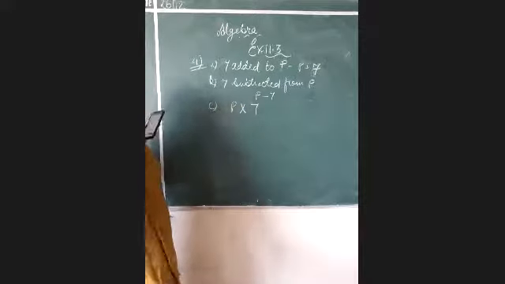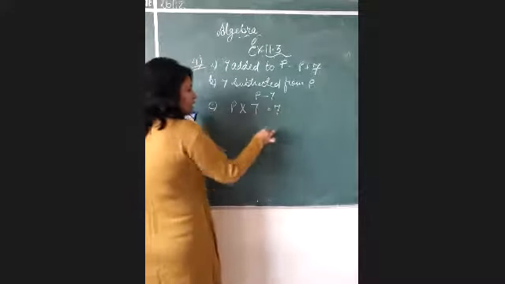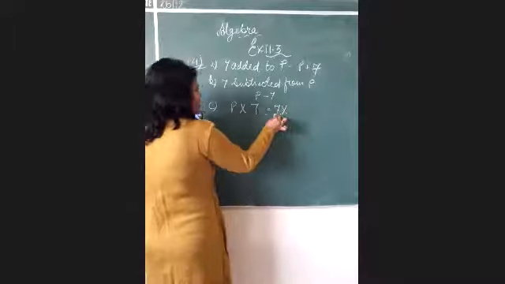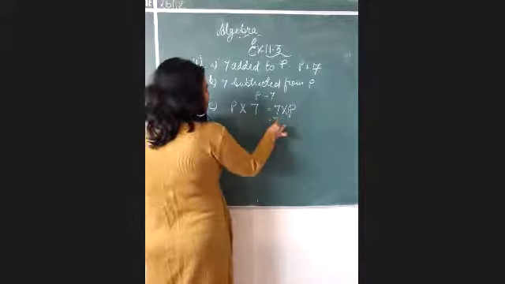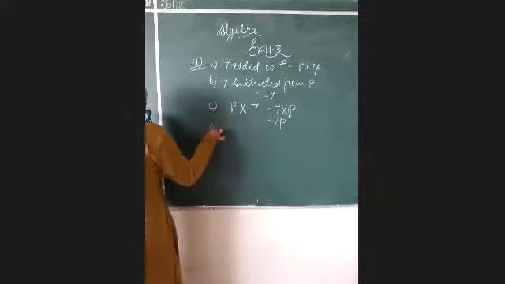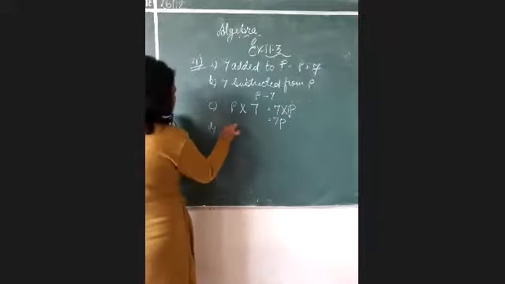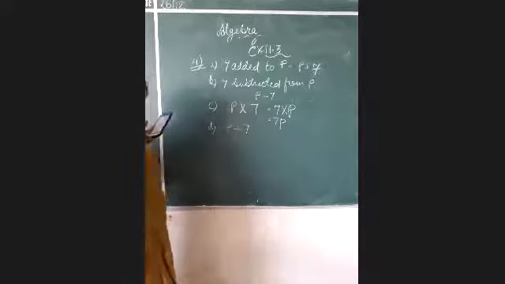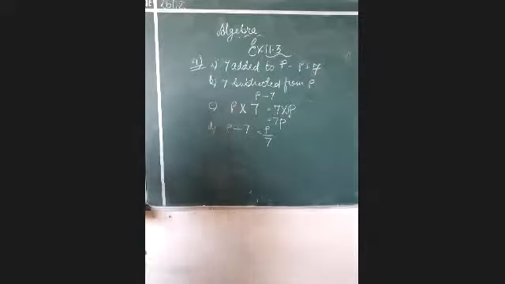But you know that we don't write the number at the last. We always write number in the beginning. Then we write the sign of multiply and then we write the variable. So if you write it down in this form, you can have the answer direct as 7p. Now coming to answer D. D is telling here that P divided by 7. So P divided by 7 can be written like this way, or it could be P upon 7 also. So both the answers would be correct because P divided by 7.